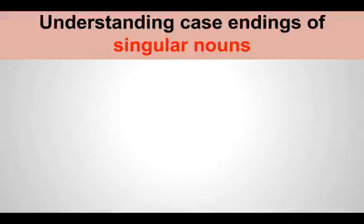I thought some of us may still be struggling to understand the importance of case endings, that is the signs of Dhamma, Fatha, Kasra on the nouns, and what we have learned so far. So inshallah this class would be like a revision to help you understand why these case endings are